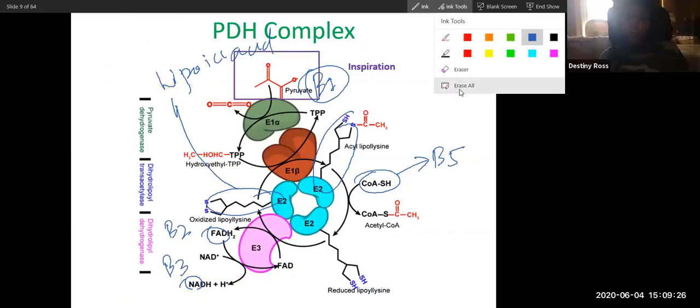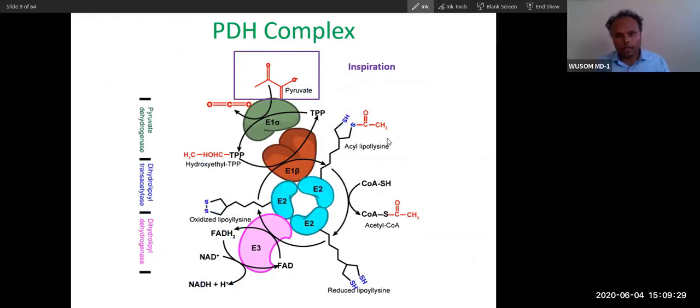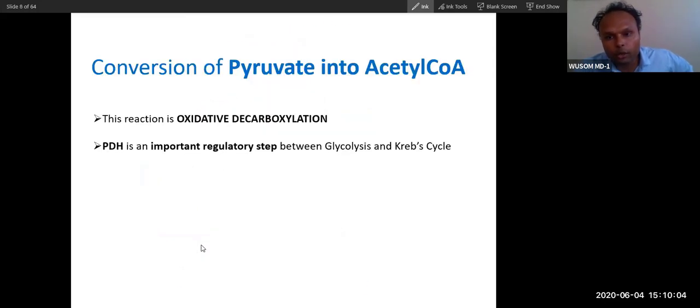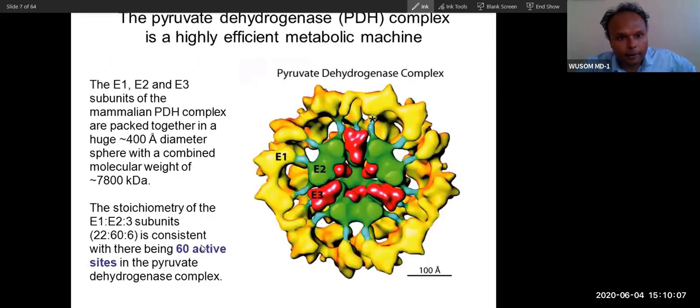Yeah. Now I will tell you this. Remember, put this enzyme into imagination. This enzyme does inspiration of pyruvate, and you know after inspiration of pyruvate and oxygen, what do we release? We release carbon dioxide. But this enzyme expires what? Carbon dioxide and NADH. It takes this pyruvate into this enzyme and then releases carbon dioxide and NADH as products. Will you put this into your imagination like that?